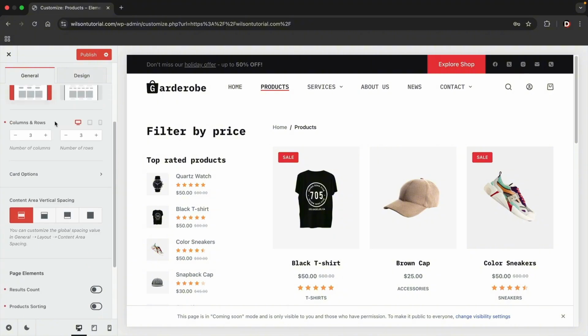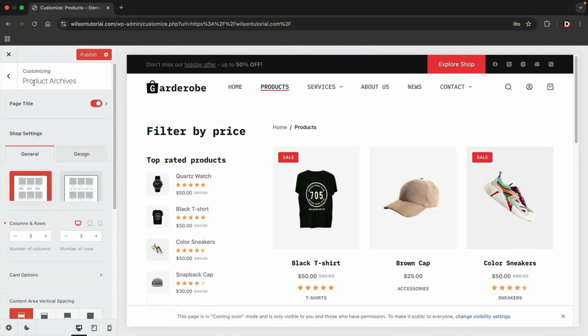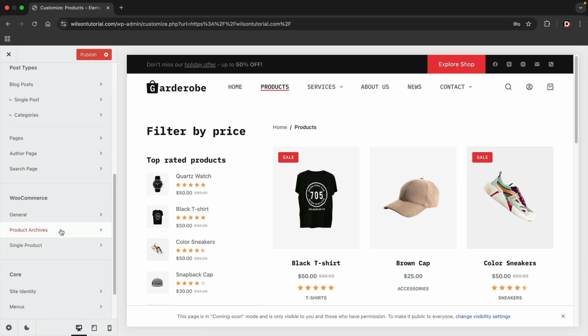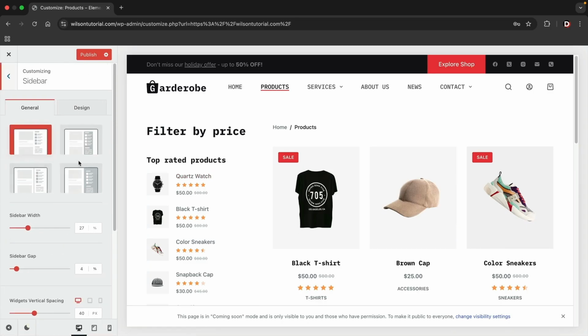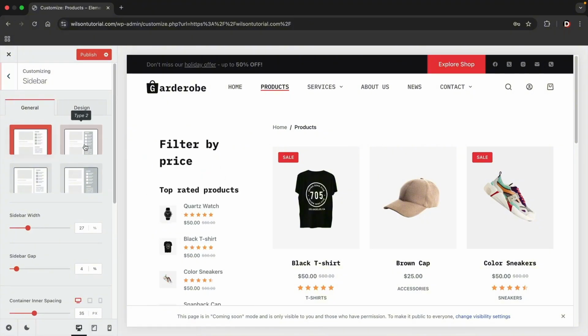Now I bet you guys are wondering, well, how do we add in widgets right here? So let's go ahead and go back. And really quick, let's go ahead now and scroll up. Here we have an option for sidebar. Now, before I show you all how to actually further design this and customize it, you can change the design